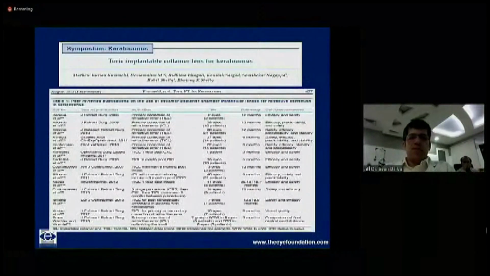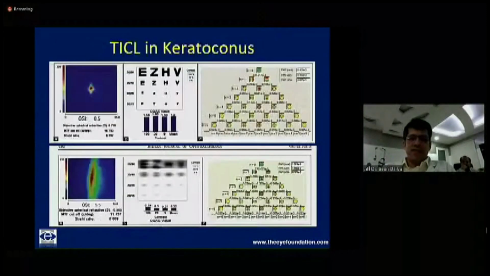With toric implantable Collamer lenses for keratoconus, there are several studies coming up. Although this is not FDA approved, a proper case selection and studying of the quality of vision prior to taking these patients up for ICL is very important. Many of them would complain that the quality of vision with the RGP contact lens would be far superior, and preoperative counseling would be required.